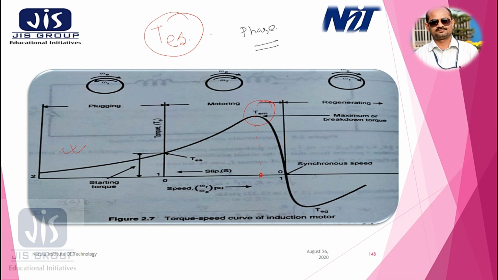Now since the torque is positive but the speed is negative, the plugging torque appears as a braking torque. Here the speed is positive, but if you see, here the torque is positive but the speed is in the negative axis, so that torque is a braking torque. But the energy due to the plugging torque is dissipated within the machine. So it will heat up the machine.